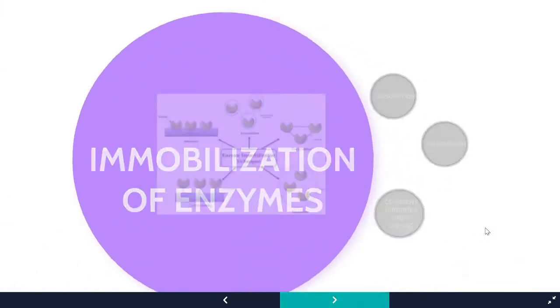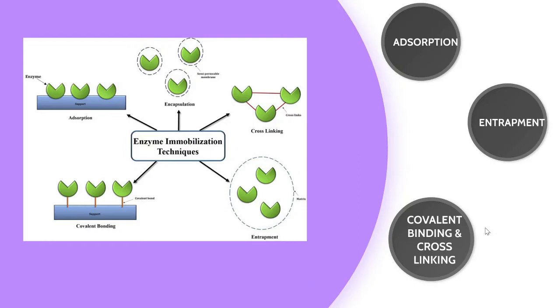Coming to the immobilization of enzymes, we are going to see the different techniques that we use to immobilize the enzyme. Again, why do we have to immobilize the enzyme? Because it has to be reused, as all the enzymes are highly costly. Whenever we produce certain products on an industrial scale, the substrate is converted to the product with the help of the enzyme so that we can speed up the rate of the reaction. But when the product has been formed, if the enzyme is not immobilized, then it has to be discarded because it cannot be used further.